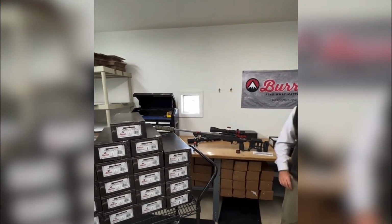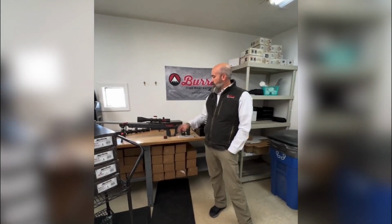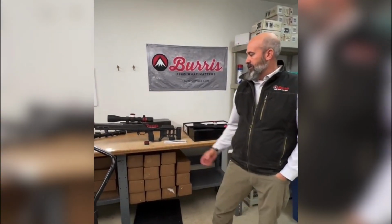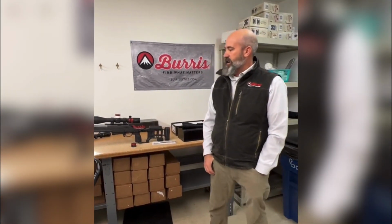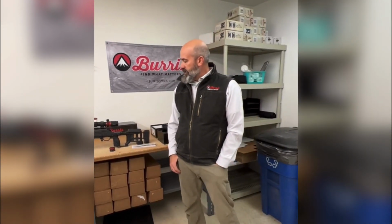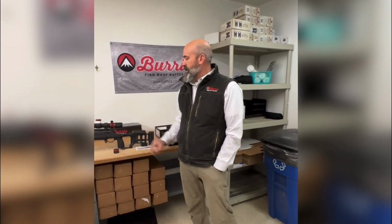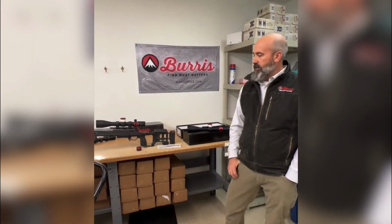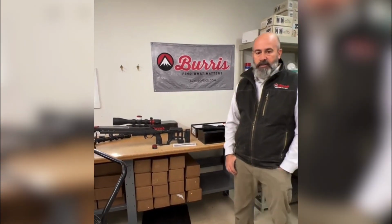Very generous eye box. If you ask the guys who have used the XTR III or the new Pro, one of the things that they've really loved is the low side signature and the very forgiving eye box. So built for the race guys. Most of the input has come from our race guys as what needs to go in this scope. So designed around getting in an awkward position, getting behind this scope. This is a very forgiving scope to be behind, and with the improvements in glass and features, I think this is going to be an